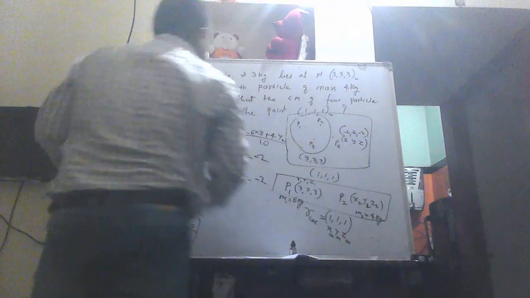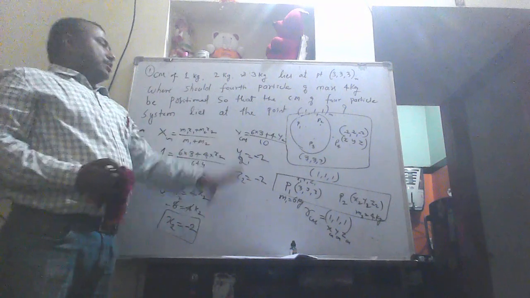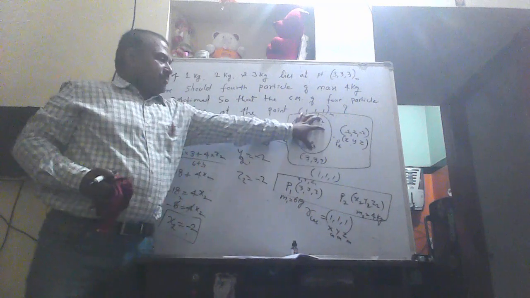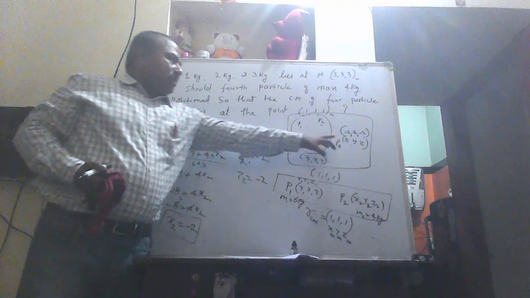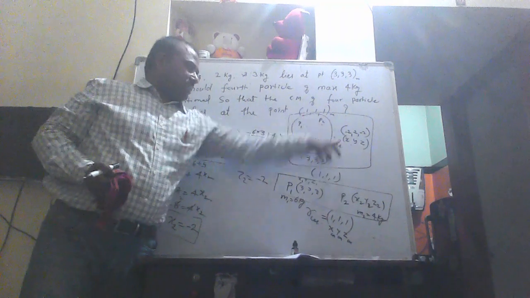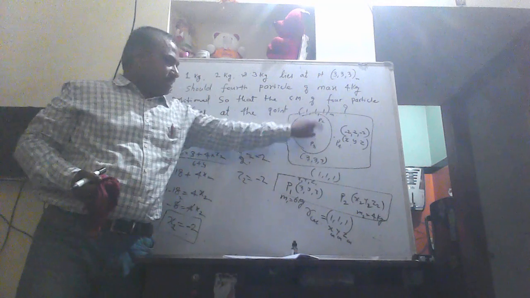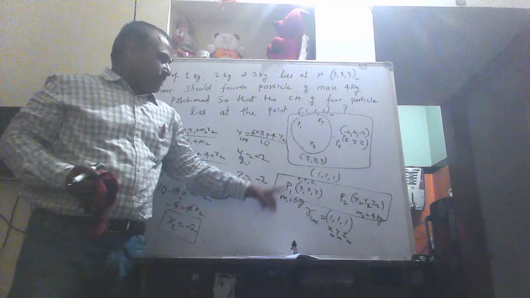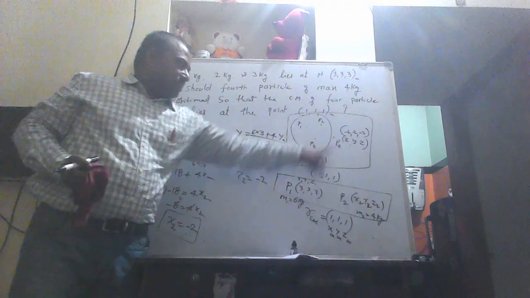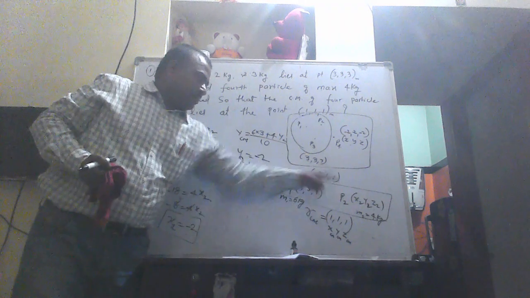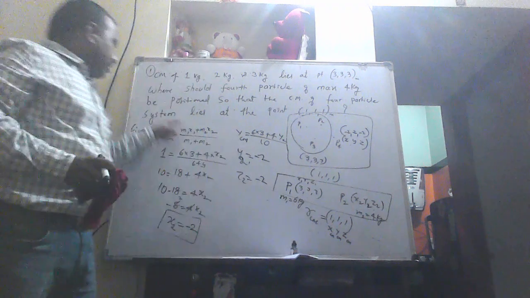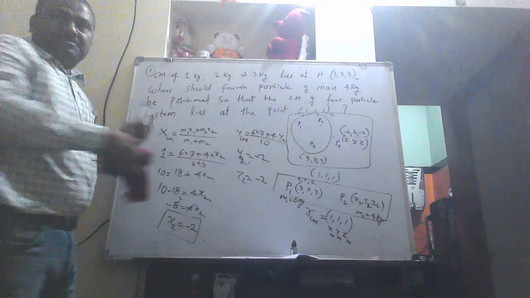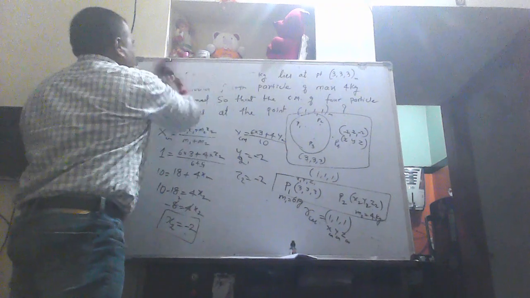Now let us solve the second problem. I think you might have understood this. Three particles were given, two center of mass was given, and one more particle is introduced, and the resultant center of mass was given. So I have taken three particles as a single particle, total mass I have calculated as 6 gram. So these are coordinates. I have taken the second particle as the second particle, the resultant center of mass is like this, and I have solved the problem. Okay? Now I go for the second problem.